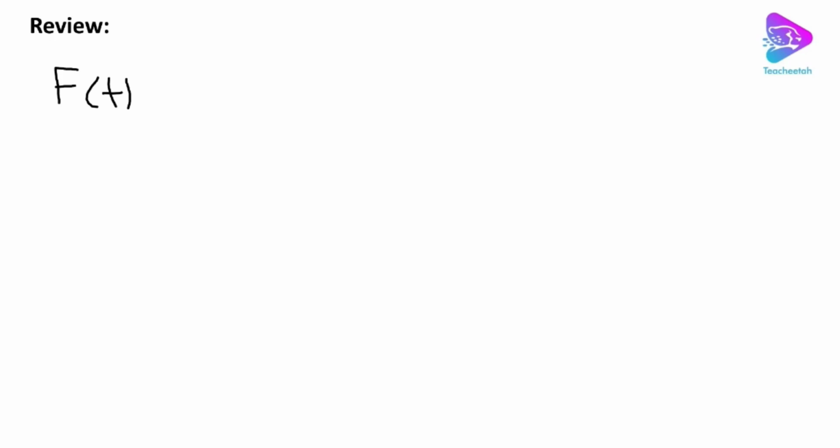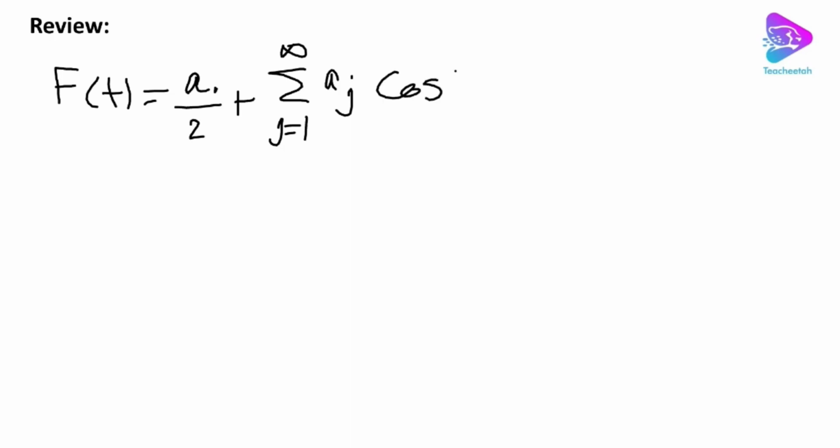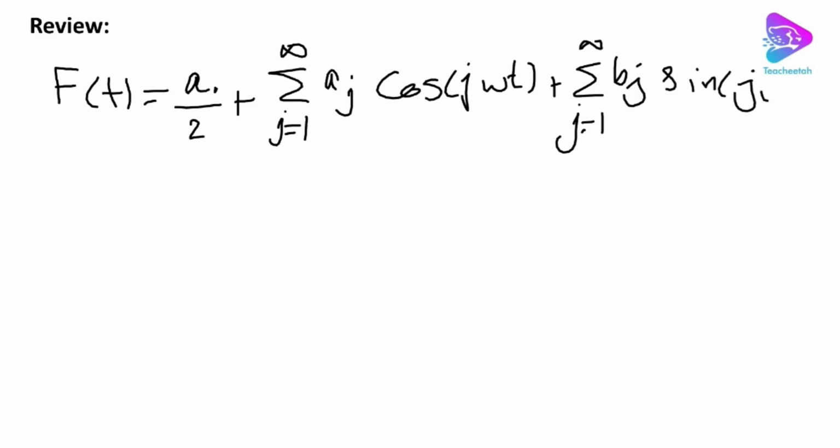So for example, F(t) can be written as a naught divided by 2 plus sigma j from 1 to infinity a j cos j omega t plus sigma j from 1 to infinity b j sine j omega t. This is the Fourier representation of a periodic force, and we just need to find a naught,